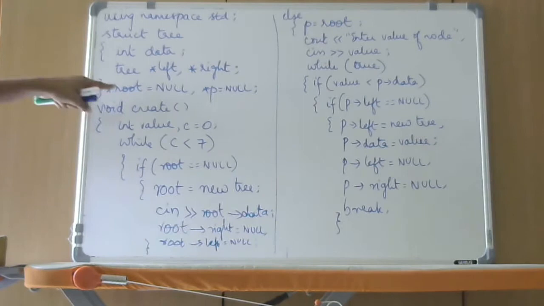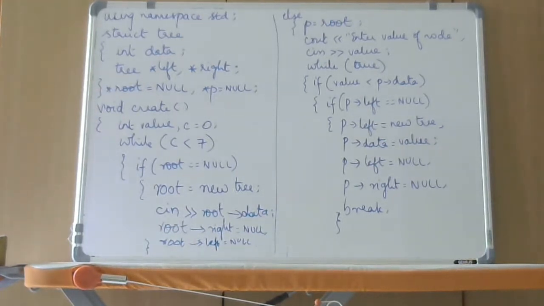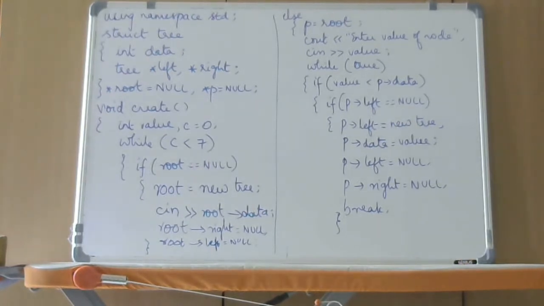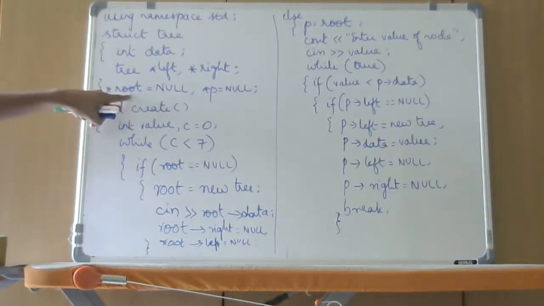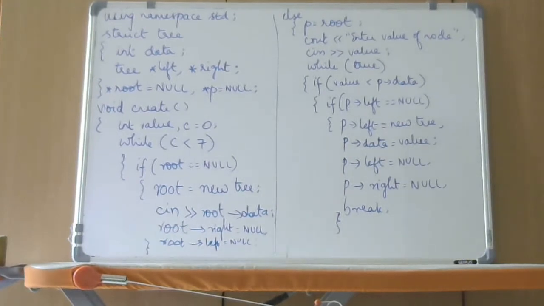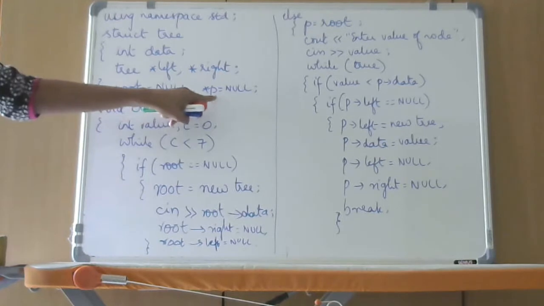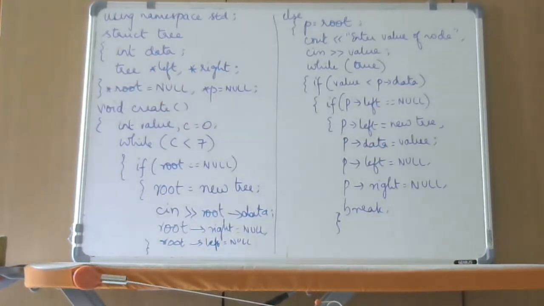Okay, so initially you are taking this root as null. That means in every linked list we have seen that we should have the address of the starting node, right? So we used to call it as start or head. Here we are calling it as root, so that we maintain the same conventions as that of the tree. Alright, so I am calling root node, initially I am taking it as null, and then I am also taking one more pointer called p. I will tell you as we go ahead why we are taking it.